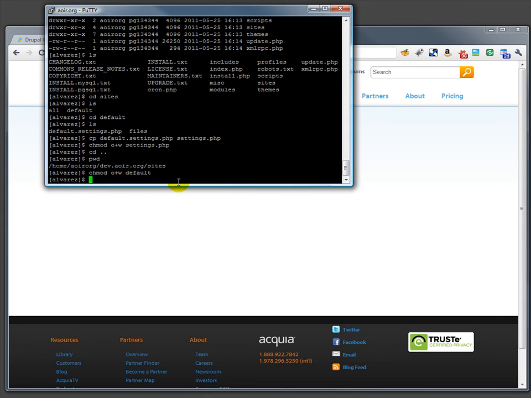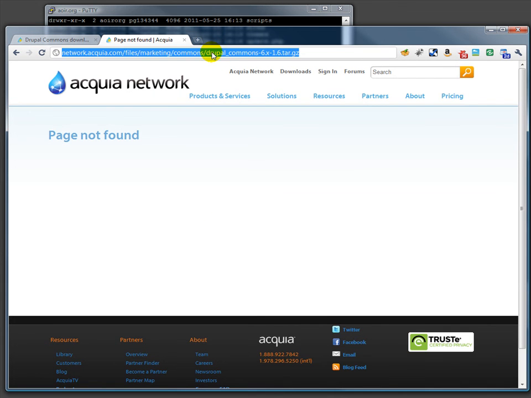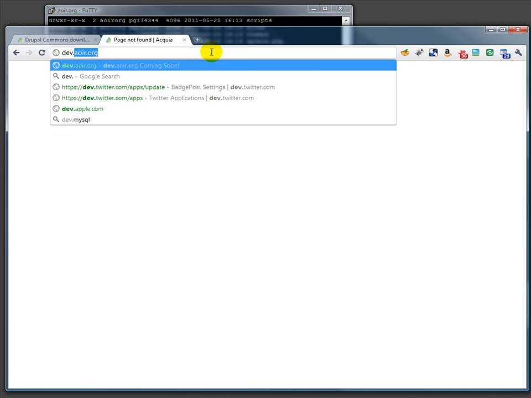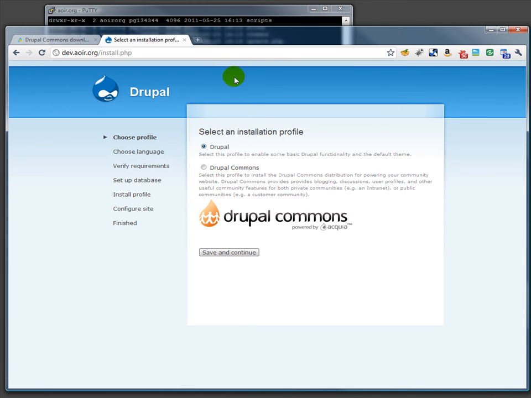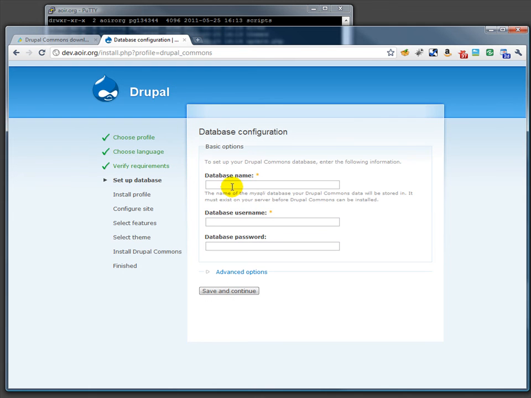All right, now I'm done with everything I need to do in here, I believe, and I can actually go to the site itself, and it should start the installation. So we're telling it that we wanted to, in this case, install Drupal Commons, and then we're going to fill out the required information,